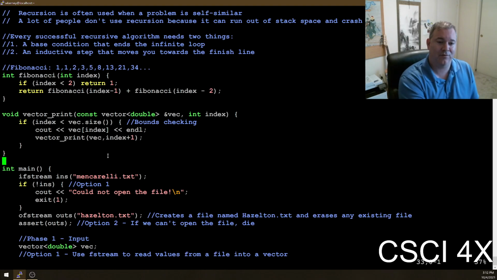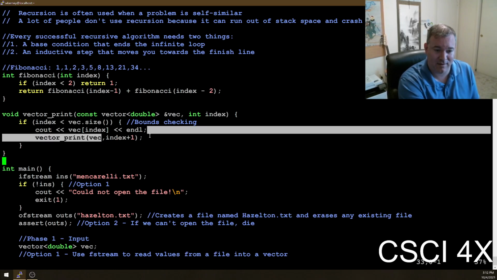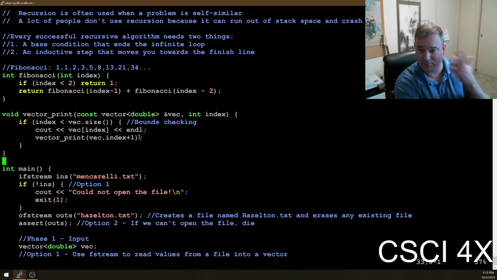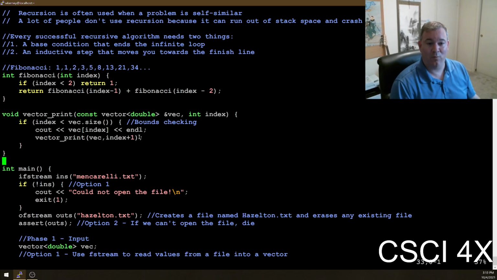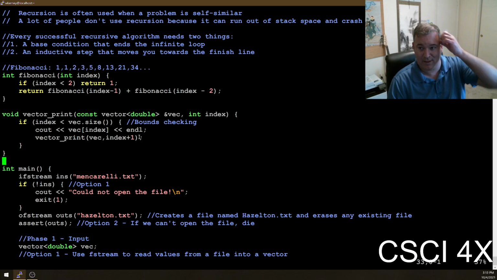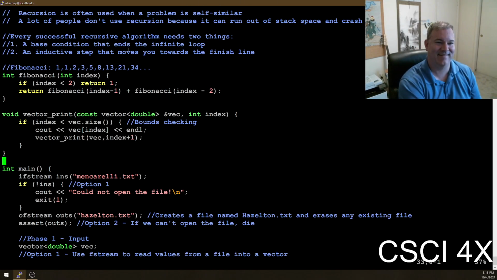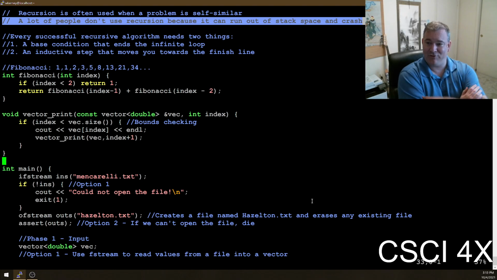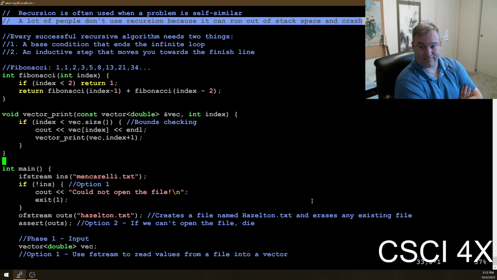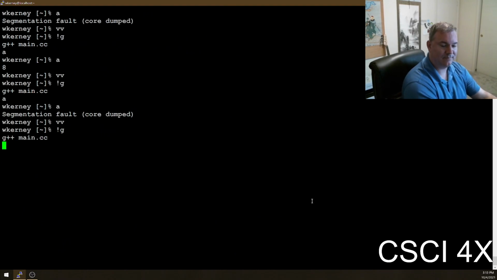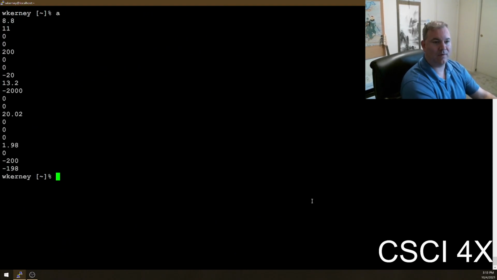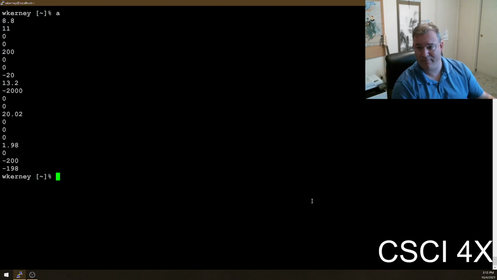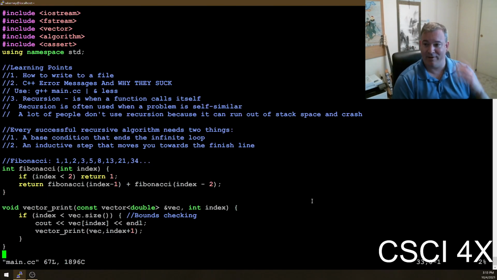Right? So the first time we call it, we pass in the vector and an index of 0, then it calls itself, passing an index of 1, and it calls itself again, passing an index of 2, and so on. It's a replacement for loops, with the small downside that if the vector is too big, the thing crashes. If you're trying to print out 1,000 elements or more, good luck. It might run out of stack space and just crash. So I would not use this. But it works. See, it just printed the vector out. It's fine right up until it's not.